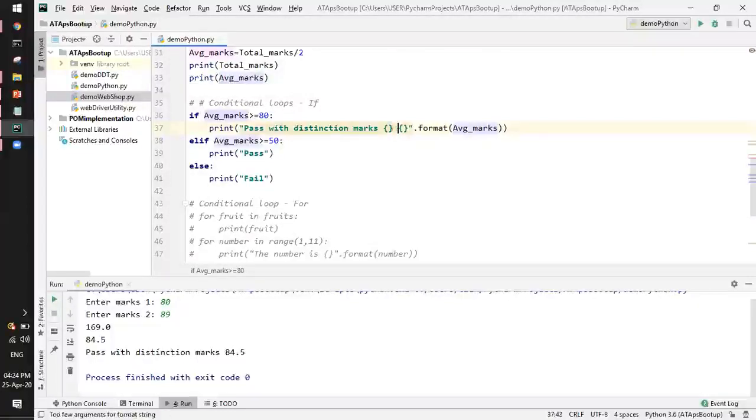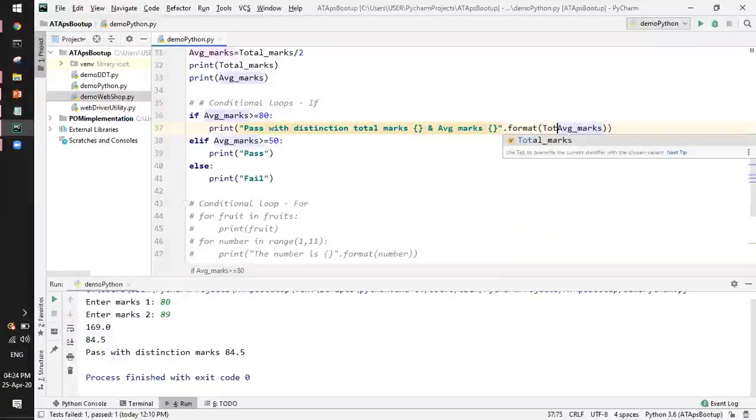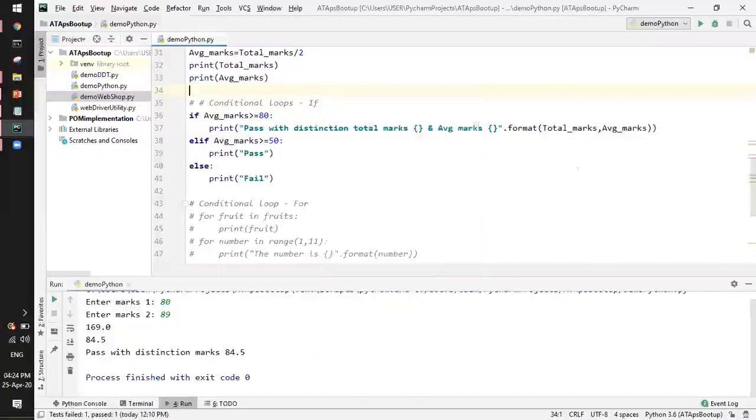So it is as simple as that. I'll make the sentence understandable, and after that I'll just put total marks, comma. So it will understand all these variables, and it will only find these places wherever you can see open and close curly braces.